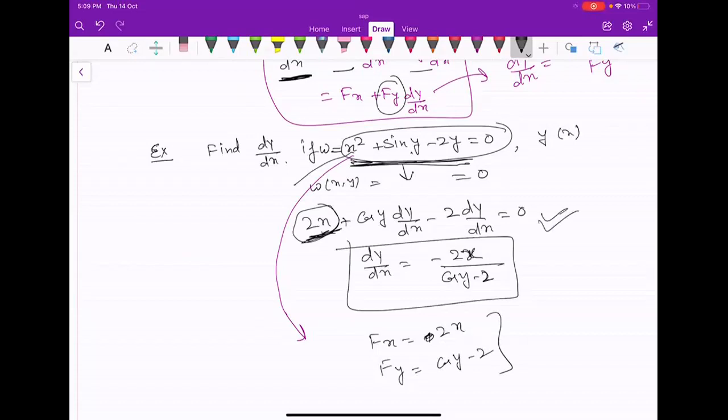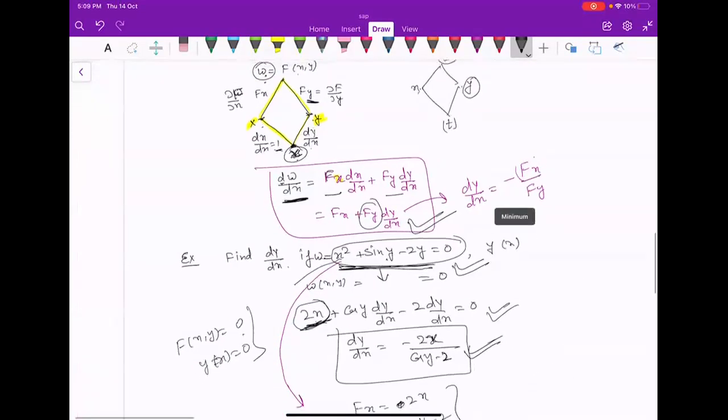ठीक है ना? Otherwise if you want to do it that way, that you have a function of two variables and it is given y is a function of x, then either you can do it this way or that way. But this is the best procedure: just take w equal to 0, or f(x,y) equal to 0, and then differentiate, because x का differentiation तो 1 ही होगा, है ना? dx by dx is 1 and dy by dx you have to compute, so you can do it this way only.